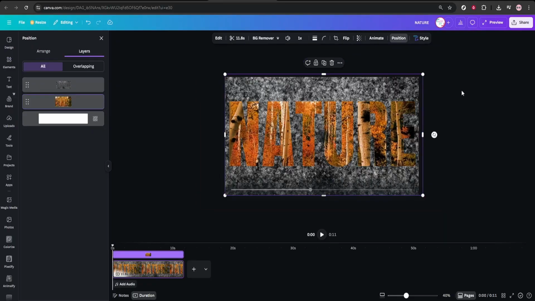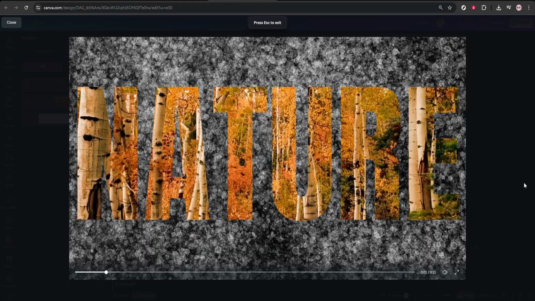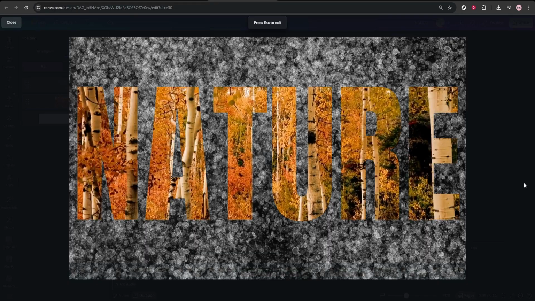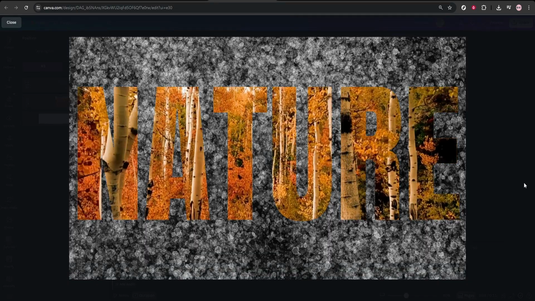Finally, send the video layer behind your grunge text image. You should now see motion appearing through the letters. Click Preview and watch it play. If needed, tweak text size or swap textures for